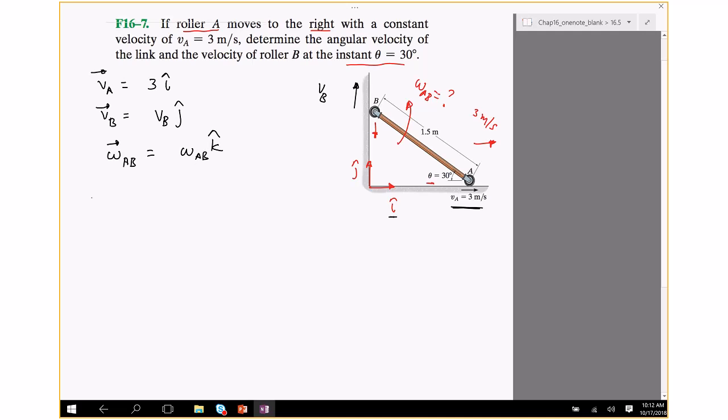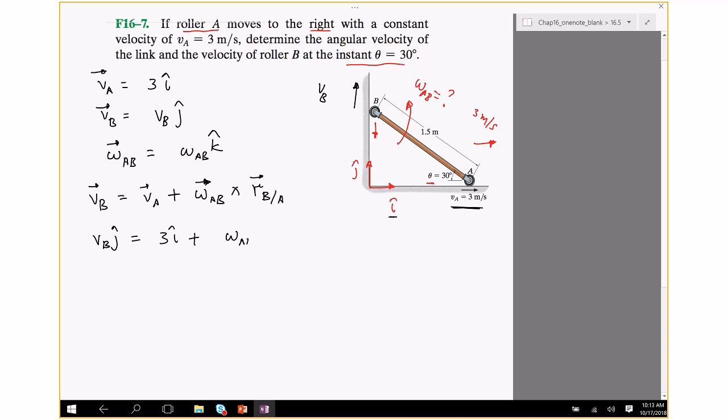Okay, so let's write the formula relating B and A, the same formula I put down earlier. Velocity of B is velocity of A plus omega AB crossed with r B with respect to A. Okay, let's sub in the values. VB j equals VA, which is 3i, plus